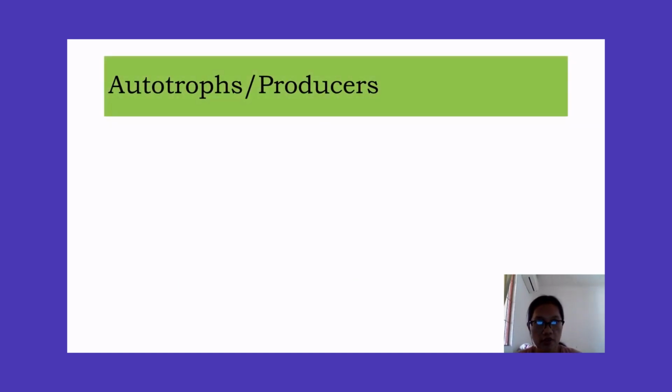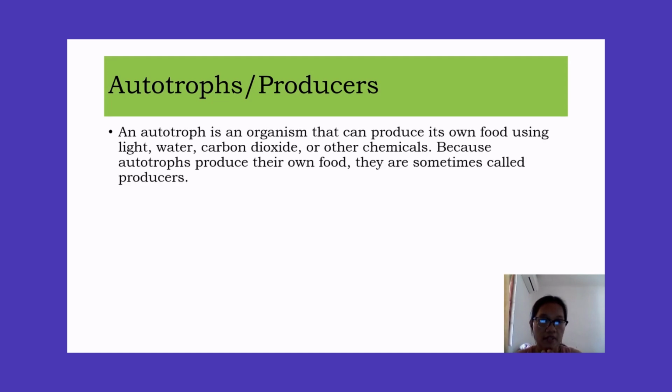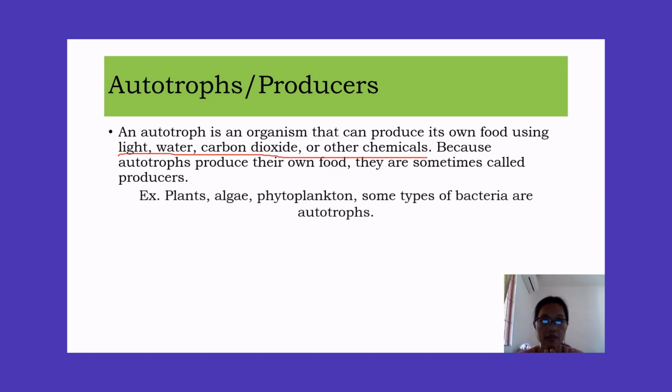So the first one is autotrophs, also known as producers. These are organisms that can produce their own food using light, water, carbon dioxide, or other chemicals. Because autotrophs produce their own food, they are sometimes called producers. Here are examples of autotrophs or producers. We have plants, algae, phytoplankton, and some types of bacteria are